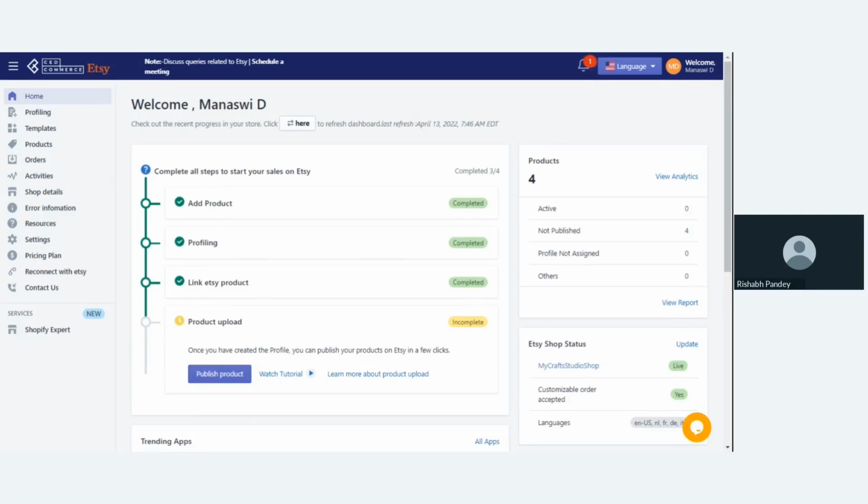Next, we have Laura, who asks, how do we delete products that have been accidentally loaded? So Manasvi, what's your point in this view? Accidentally loaded means if you have imported the products in the app accidentally, then you have to contact us, because we are very much security driven, because of which we are not providing the feature that you can delete the products directly from the app. You can ask us on live chat. We are 24/7 available there. You may just give us the product ID or product title or anything, and we'll delete the product